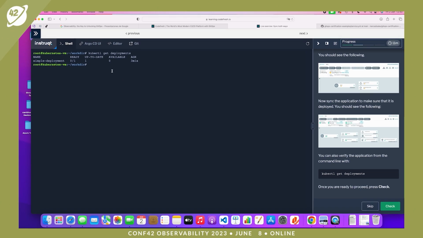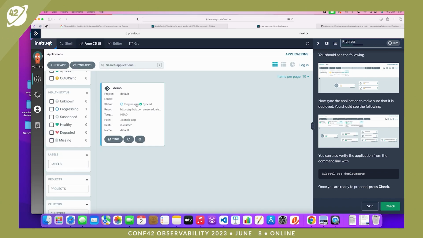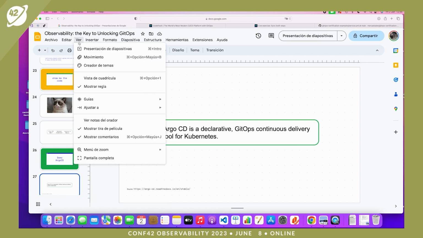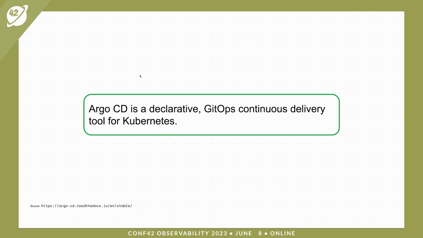Of course, I didn't show that, but you have to install Argo CD in the Kubernetes cluster, and an easy way to install Argo CD is with the Helm package manager. So, I am going to go back to my slides, waiting to have this already synchronized, but it's just to give an idea of what we are talking about. Going back to my presentation,